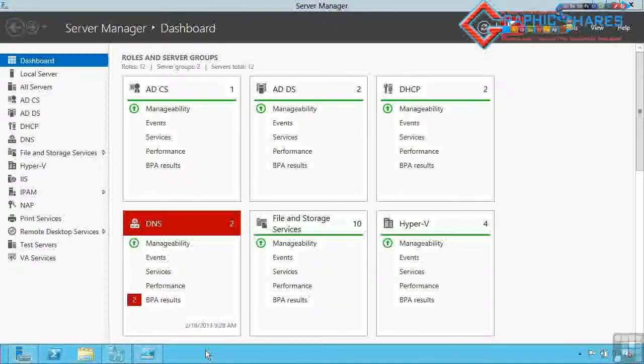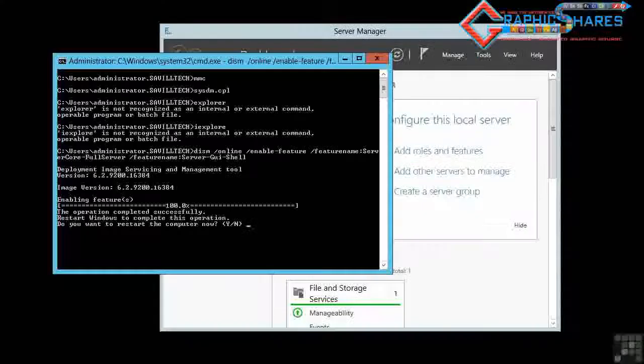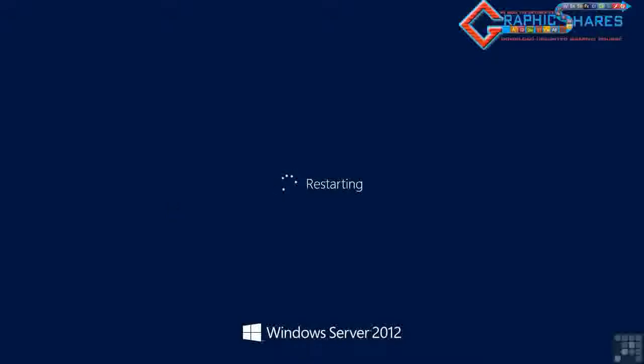and I don't have to access the start screen at all. In reality, however, this becomes a much smaller issue because you are going to run your servers as server core anyway, or maybe minimal server interface. Very few of your servers will actually run as server with a GUI because of the additional patching, because of the additional potential reboots. So the fact that it's using a start screen is not something you're going to see, because as I'm going to cover in future lessons, you will actually manage this box remotely. So I'm going to say yes to reboot,